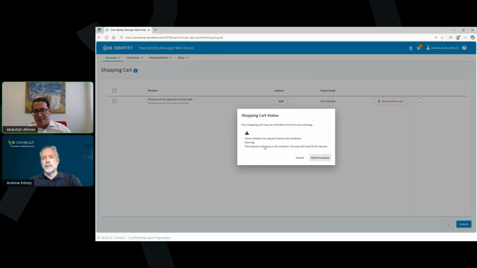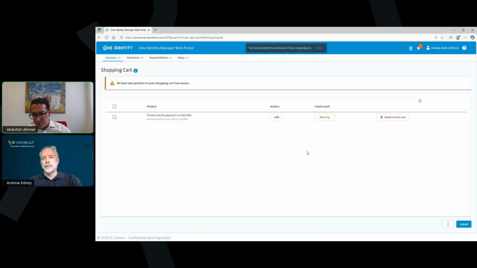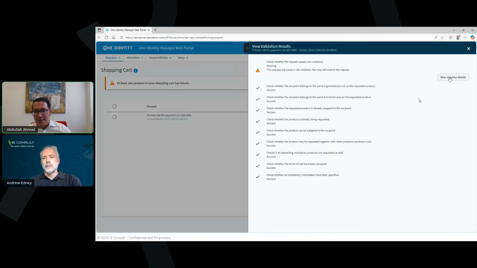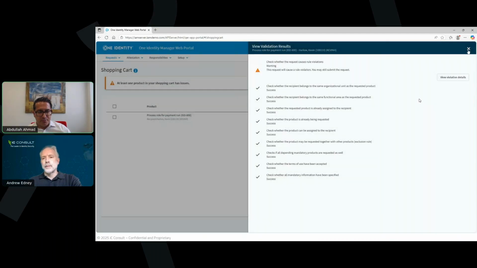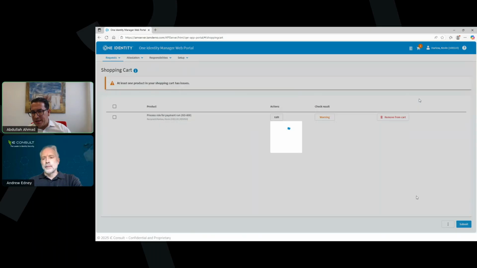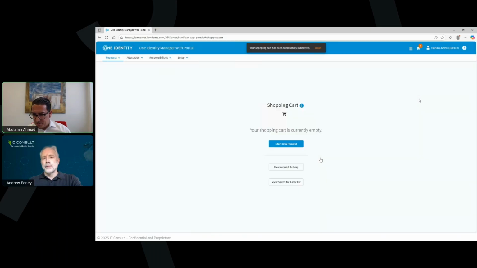The system immediately recognizes, as he is trying to submit, that there is an SOD conflict, and that SOD conflict can also be seen and understood by IM. There is an SOD role name and all those descriptions, why it is allowed or not allowed, and to which conflict that will bring the user. But nevertheless, maybe he has chatted with a responsible person and he can send that request for SOD approval.